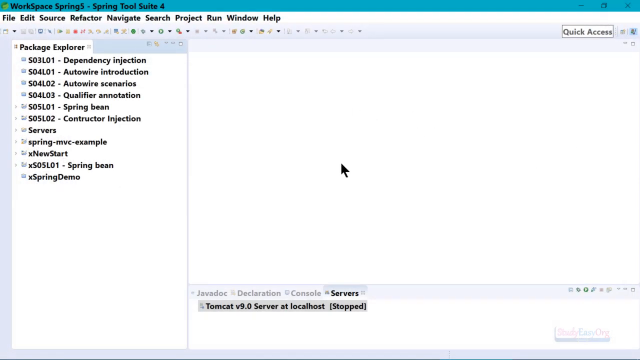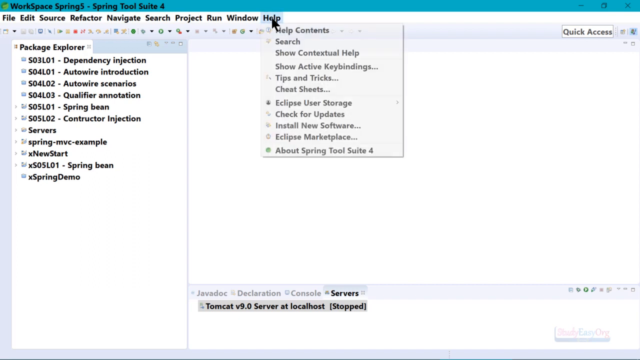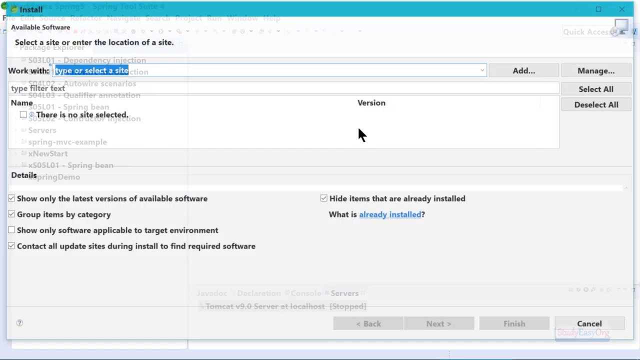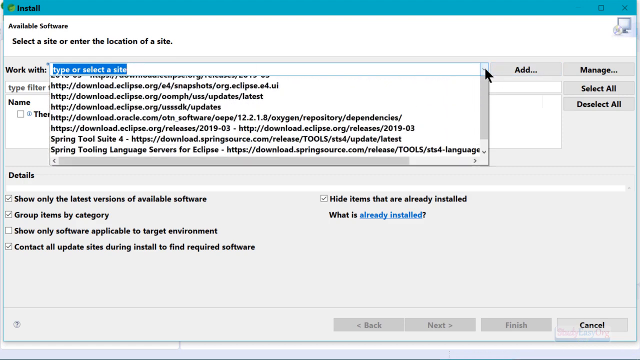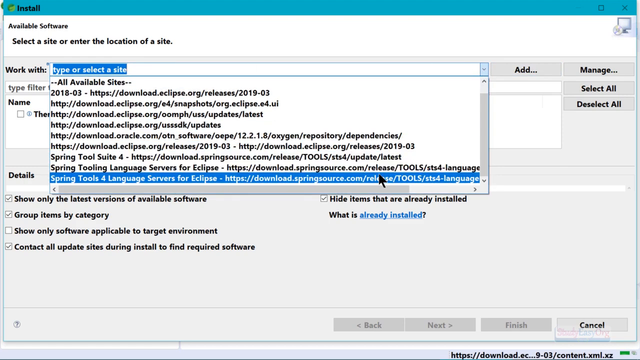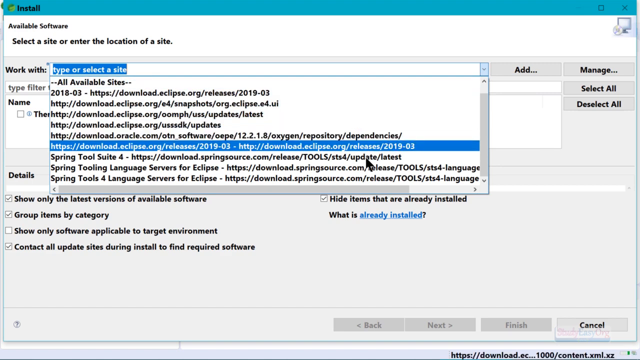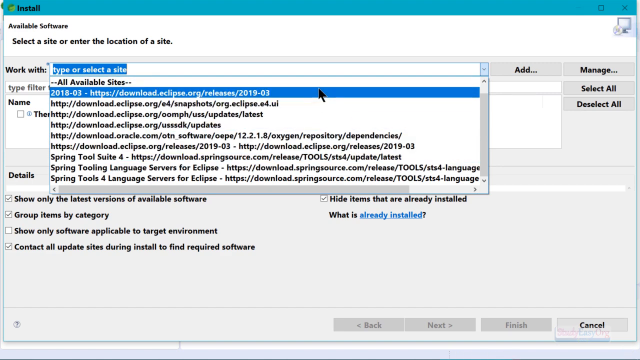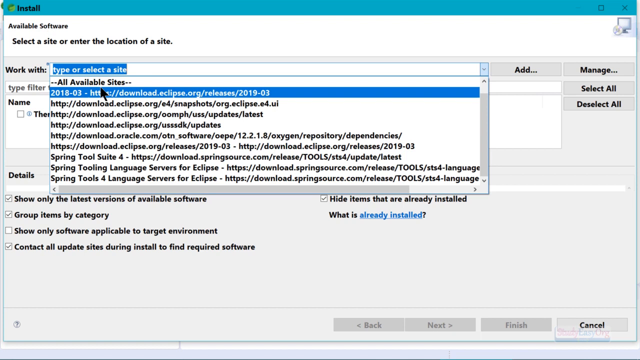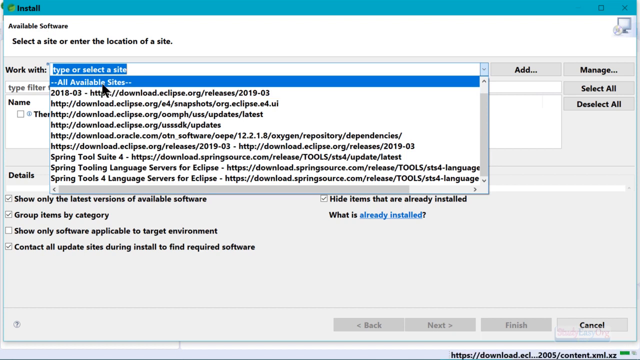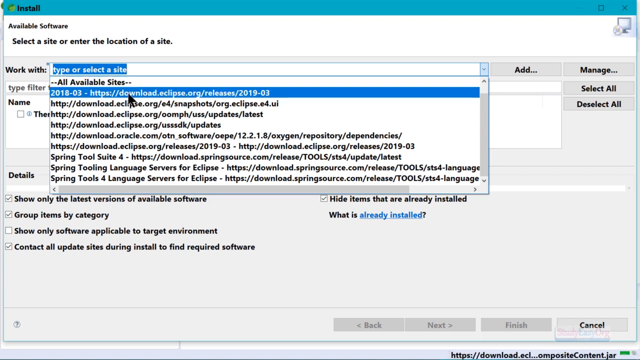How to fix this? Very simple. We can navigate to Help, and in here we can install a new package, a new software. So click on this option, Install New Software, and in here it will ask us to type or select a site. So in here, if I show you, there are a couple of options in here, right? So there are a couple of options, and let me also show you how we can get better options. So in here, All Available Sites is one of the options, and one of the options is this one, which is